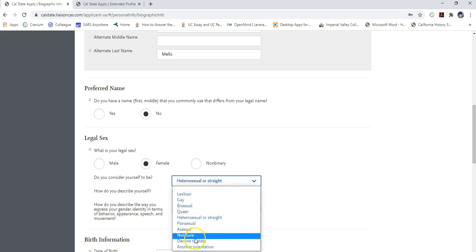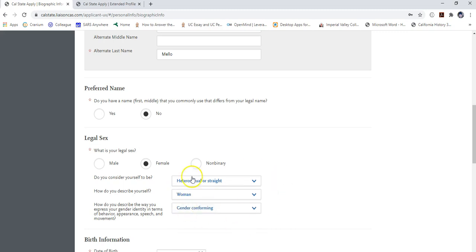You can decline to state, you can say not sure, another orientation if it's not listed. With this information, it's not going to be associated to you specifically. There's multiple reasons why the legal sex as well as the racial and ethnicity preferences are listed in the application. It's for the CSUs to be able to get money or grants to be able to help out specialized groups